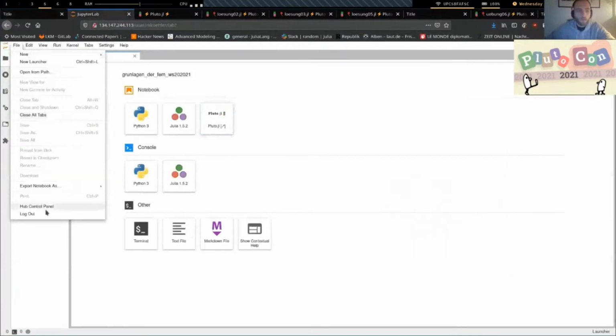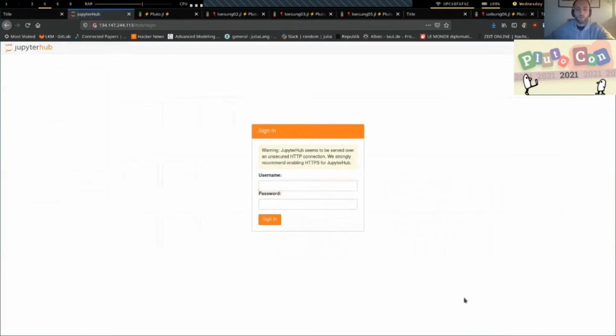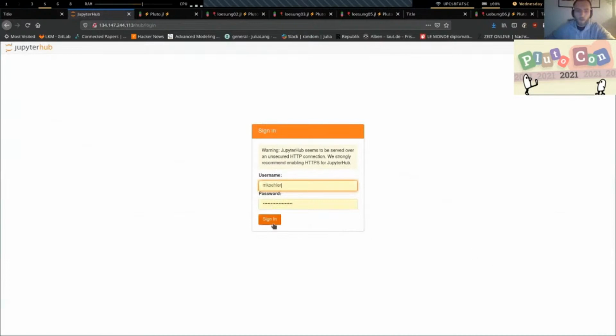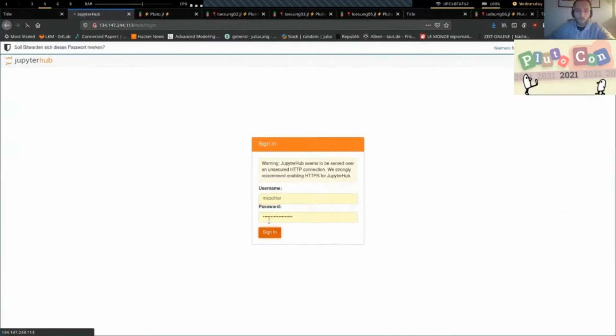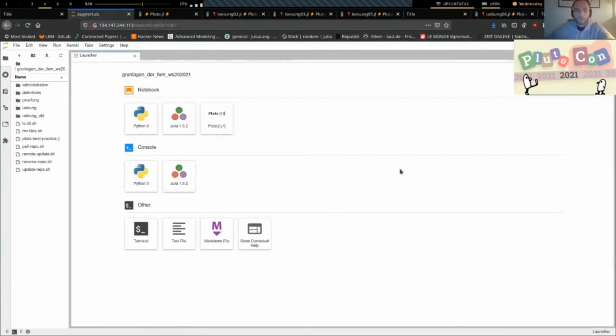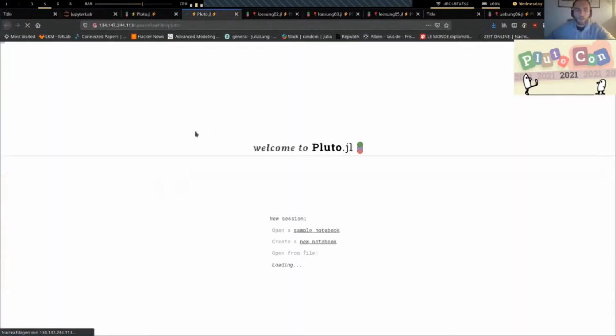So I have here the Jupyter Hub interface. So this is how it looks like if you type in the IP. And now I log in with my user account. And this is the usual interface of Jupyter Lab that you may or may not know. However, with the small twist that you have here, the Pluto JL button, which is essentially the Jupyter Lab extension I just mentioned in the slide before. And if you click on it,